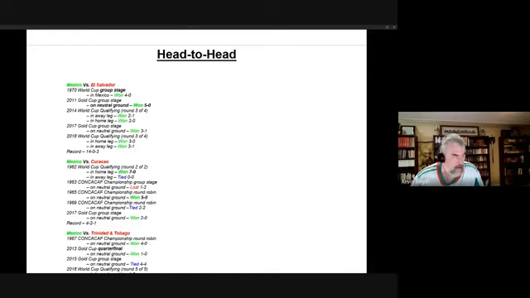Moving on to Curacao, they've played 7 times. We talked a little bit about the history in 1963 CONCACAF Championship, where Curacao actually beat them. But that was the only time they did beat Mexico. They've tied them twice otherwise. So the record is Mexico with 4 wins, 2 draws, and 1 loss.